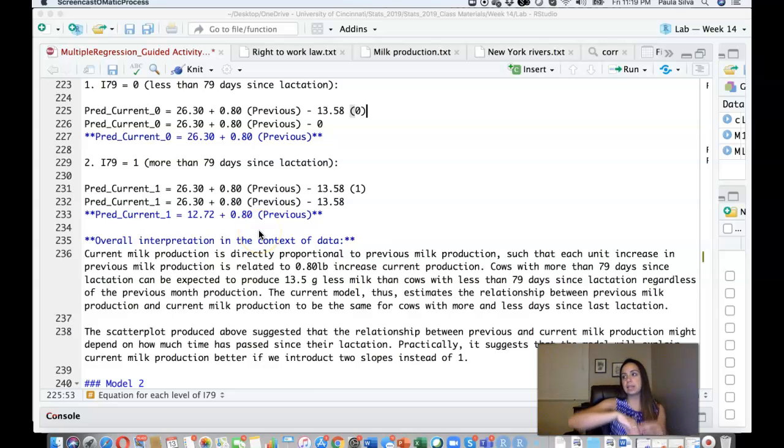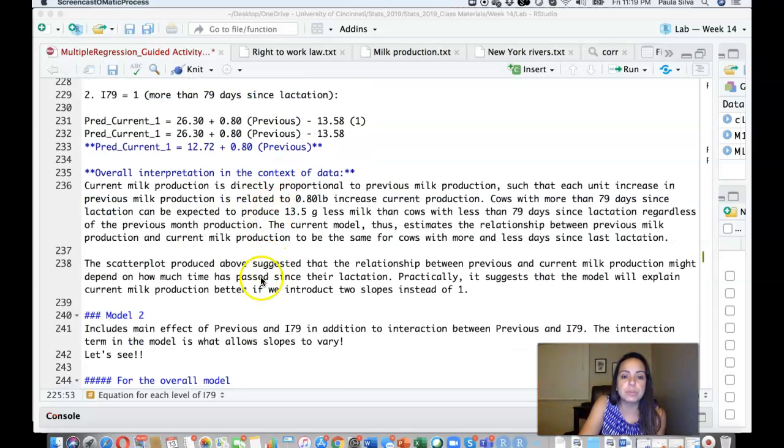So we expect that, let's say, if in month 1, I have a production of 3 pounds of milk, and in month 2, I have a production of 4 pounds of milk, I had a 1 unit change in previous milk production, I would expect a 0.8 increase in current milk production, regardless of whether my cows are early lactators or late lactators, right? The scatter plot that we produced above, though,